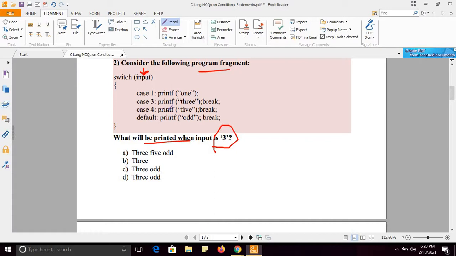It is again very simple. When we pass the input 3, it will match case 3 and this 3 will be printed, and after that there is a break statement. So only 3 will be printed. So right answer is option B.